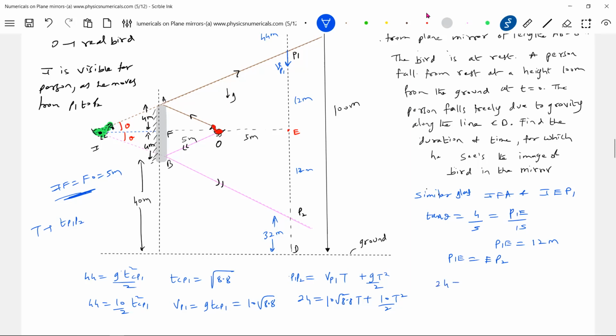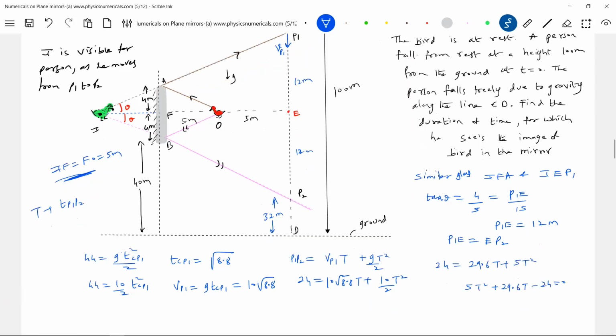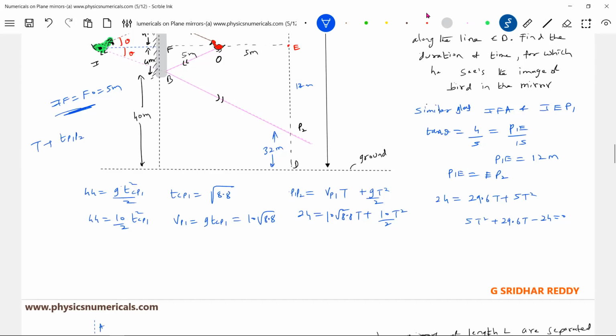So this equation will be 29.6 T plus 5 T square by 2. It's a quadratic equation. Solving this will get the required answer. So 5T square. Let me solve this. So T is equal to minus 29.6 plus or minus